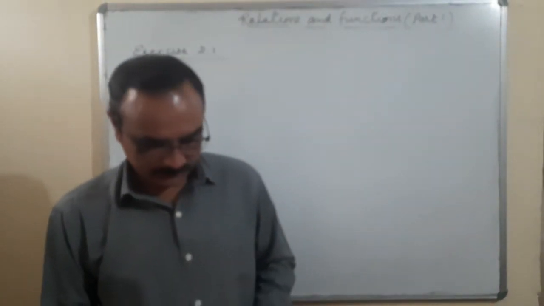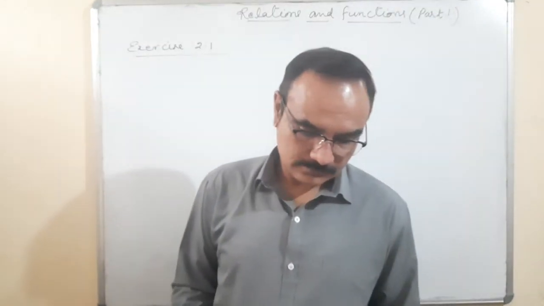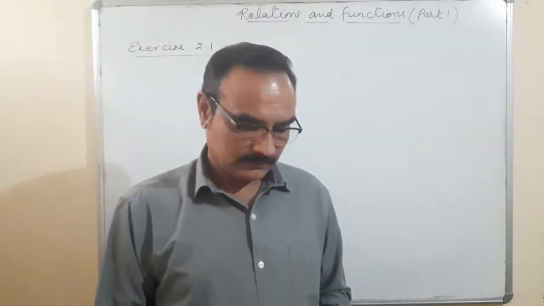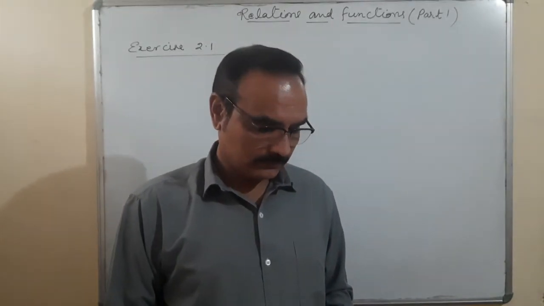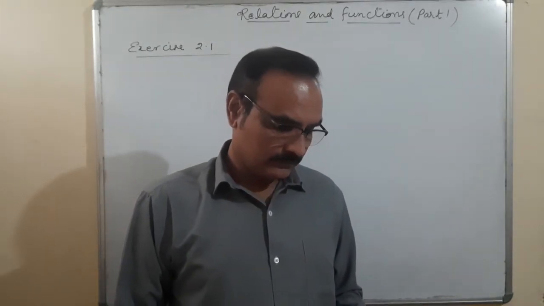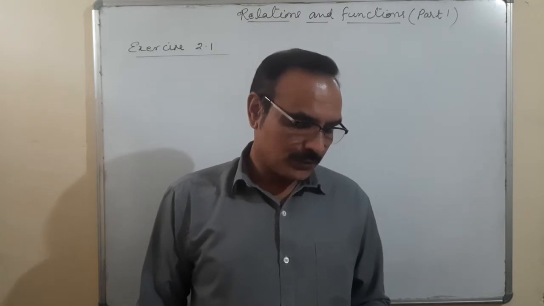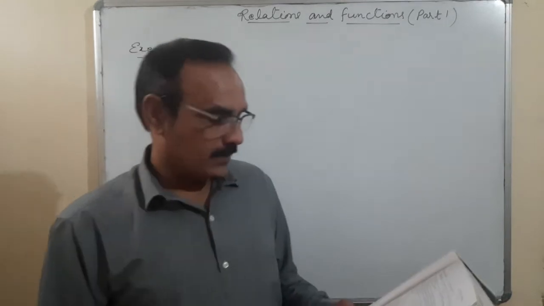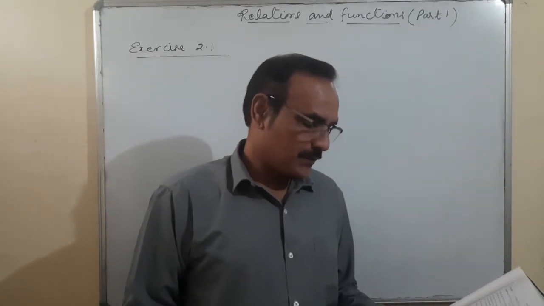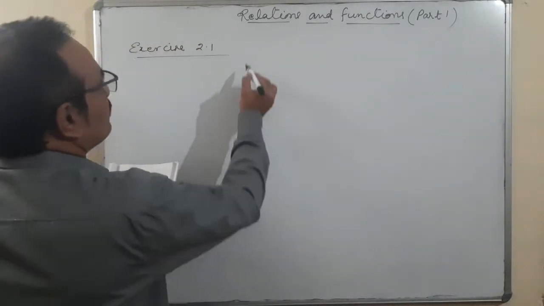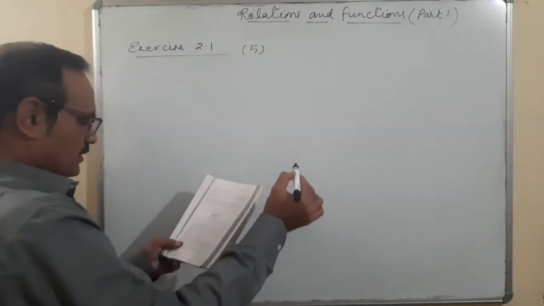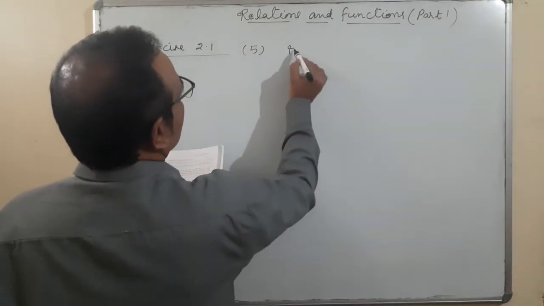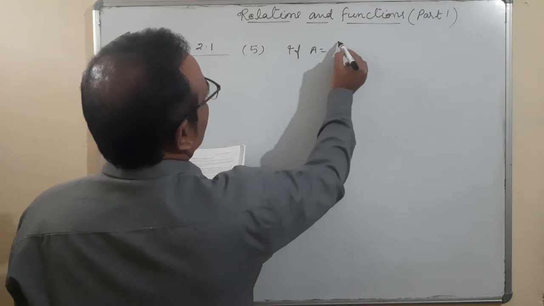Now taking some other questions from this. One question should be taken in which 3 orders are there, like question number 5. Other questions you can solve it. Fifth question: if A is equal to